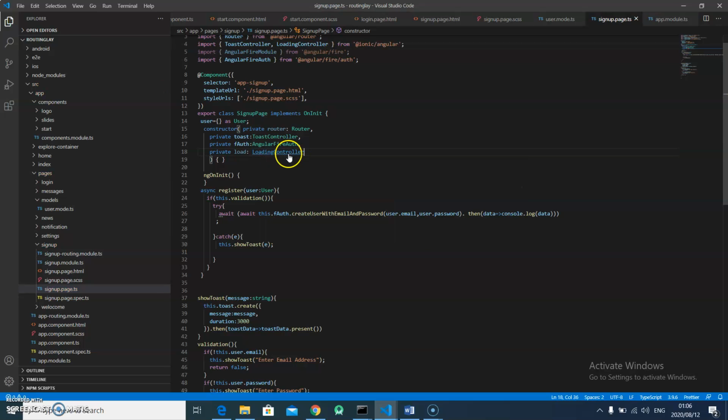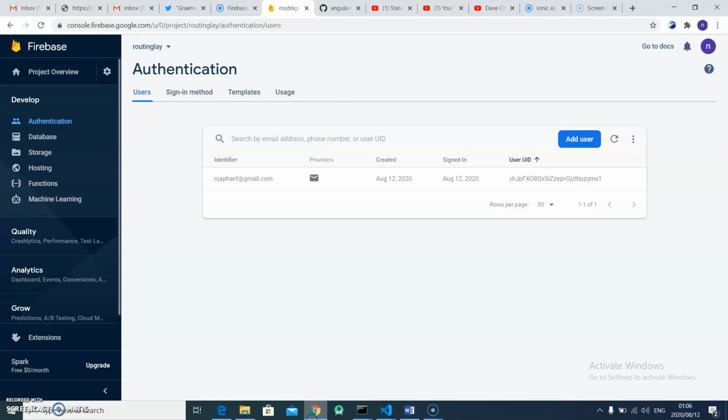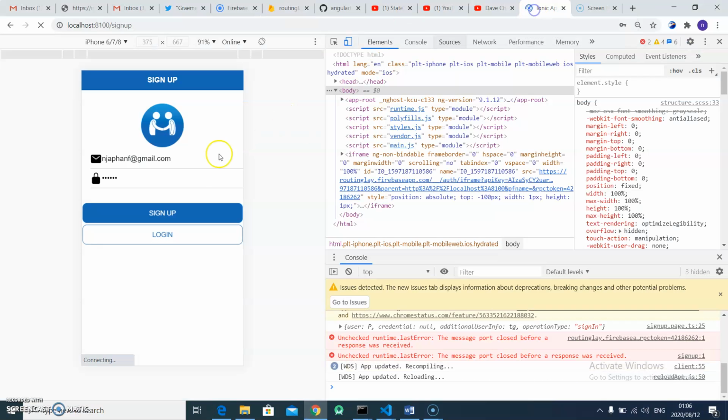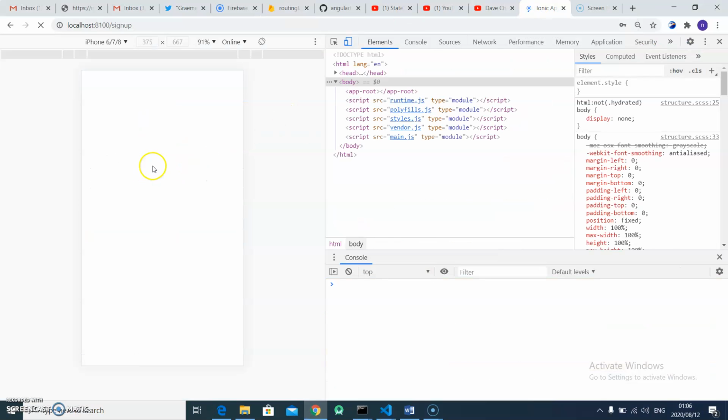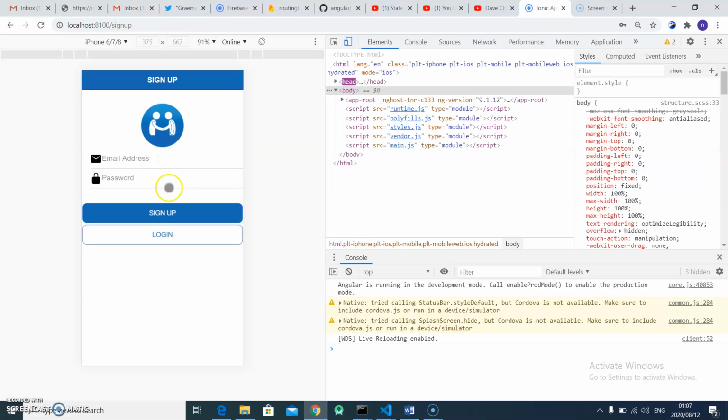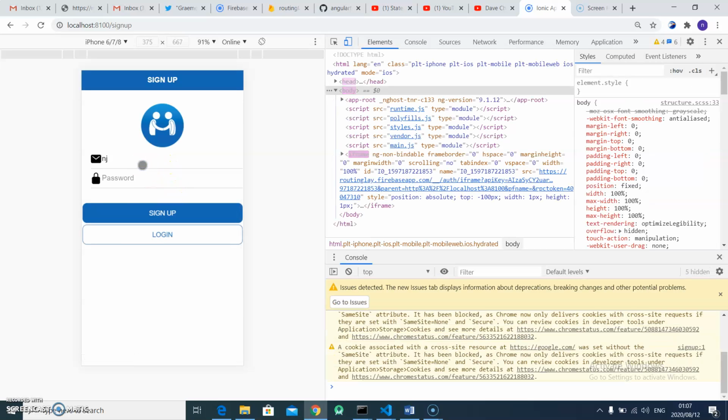What the loading controller does, you see when I click on sign up, let me put the email address and see if it indicates to me that this email address